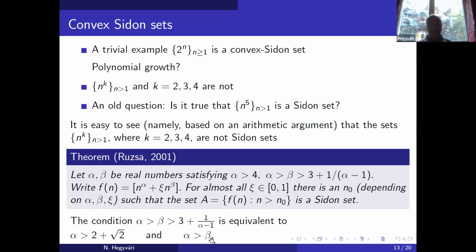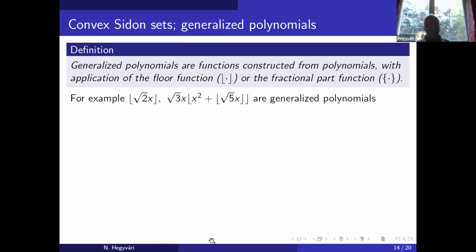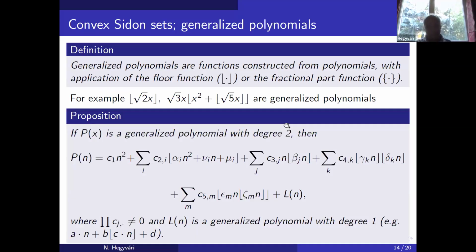And this condition can be written here. So define the generalized polynomials. It is a function made from polynomials using the floor function and the fractional function, say square root x and so on. What you see are generalized polynomials, and it is not too hard to see the following proposition about